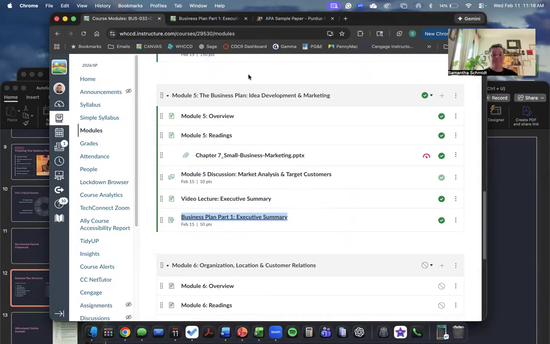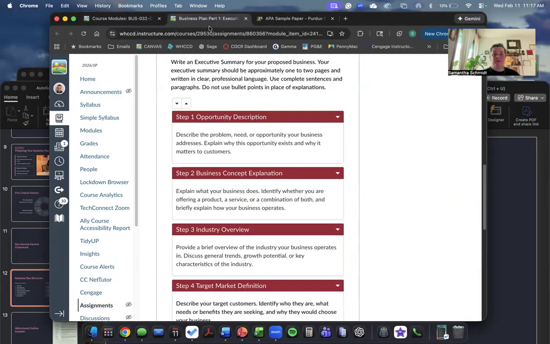All right, so in Module 5 is the first part of our business plan. And you guys will notice these are graded assignments, right? So you will get your grade, you'll get your grading feedback, and then you'll have an opportunity to make any adjustments and turn that in for a final project. So you actually get graded twice. So it's kind of like a bonus, right? And if you get the full 50 out of 50 points on each part for your business plan, you can just copy and paste that in, and you're going to score the full points for that part of the business plan. So again, in Module 5, our first part is the executive summary,